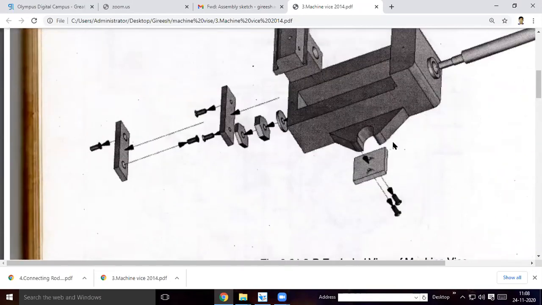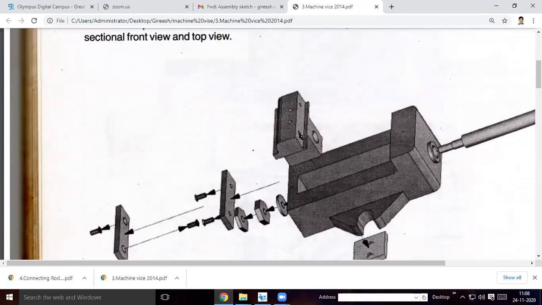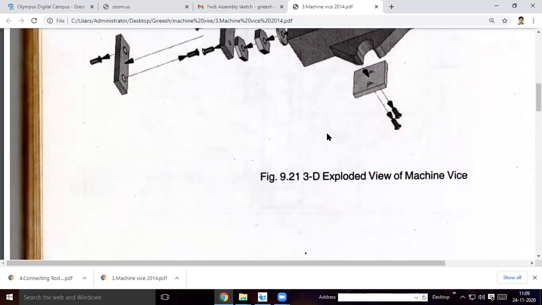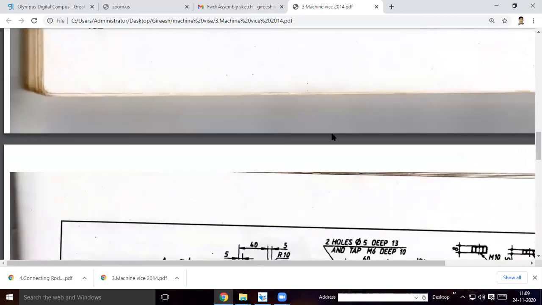In the fixed jaw, as you see, there are two screw holes in order to join the jaw gripper. On the other side also it is there. In the fixed jaw also you can see two holes are there.